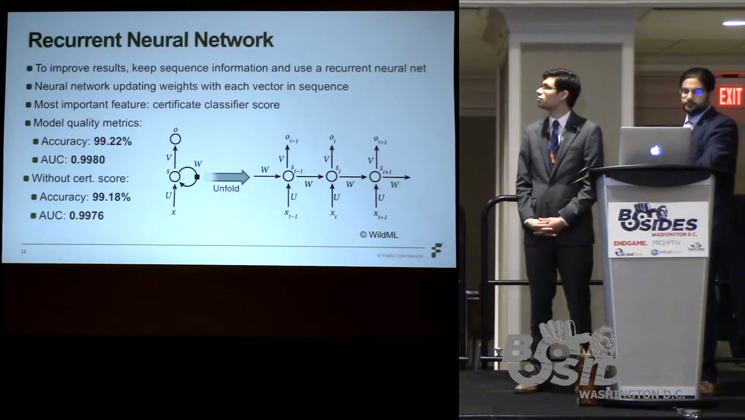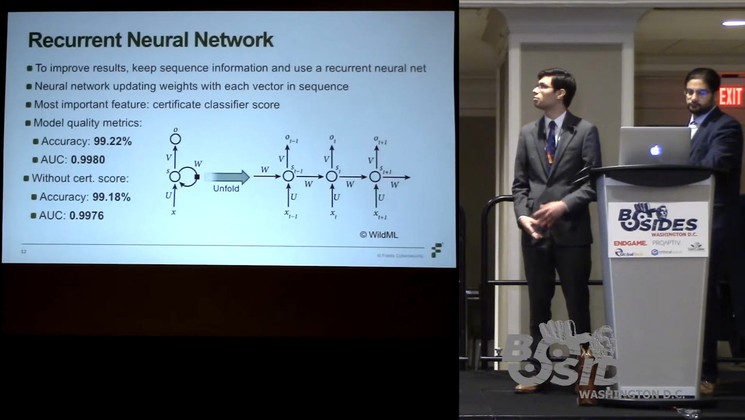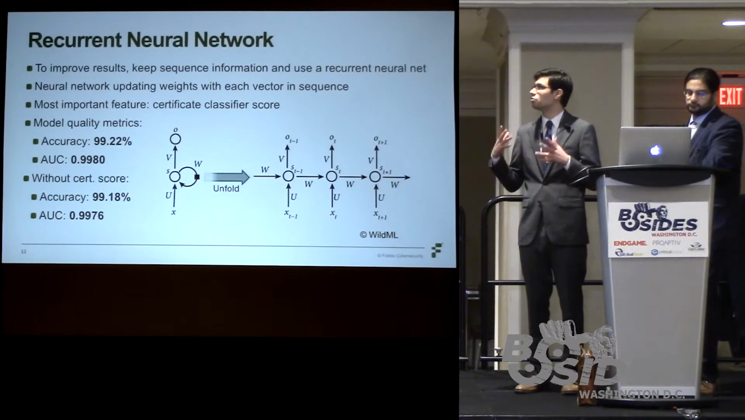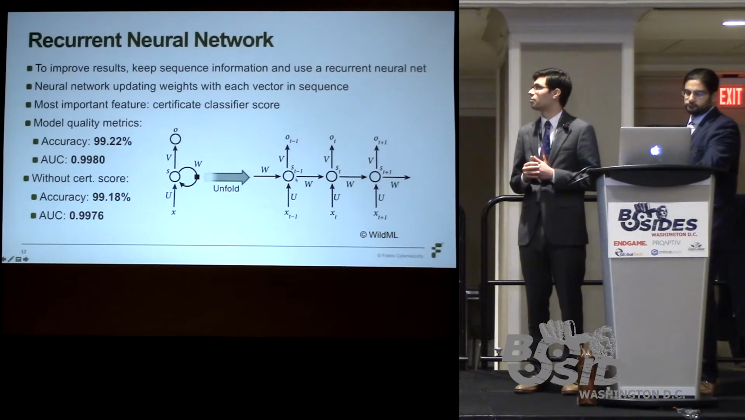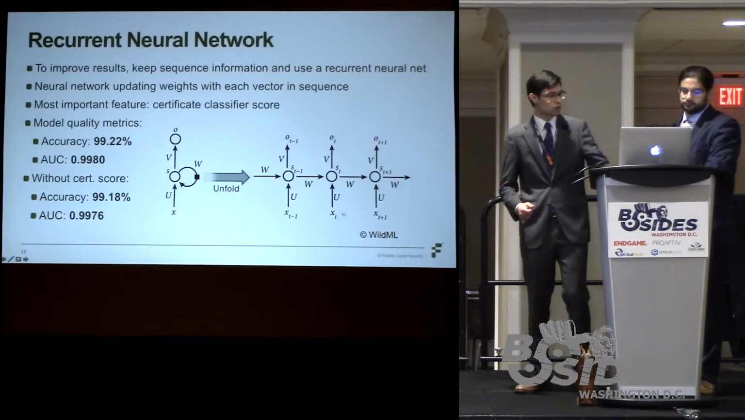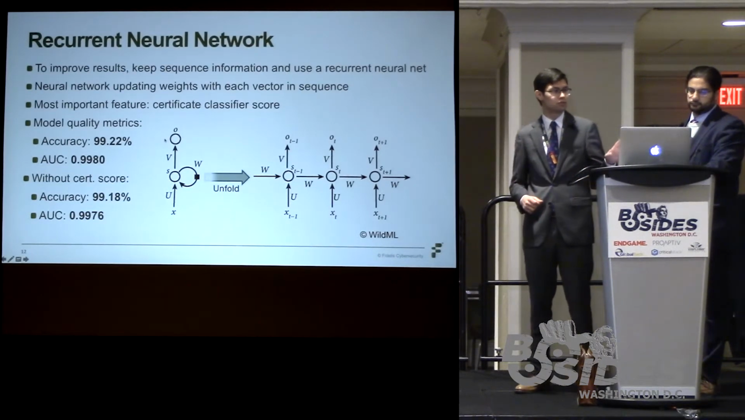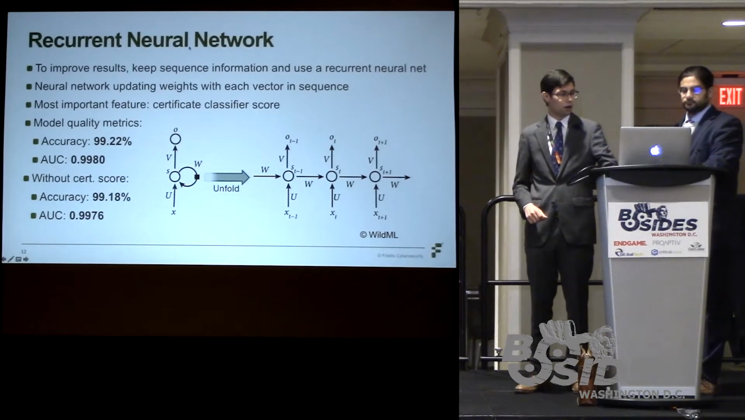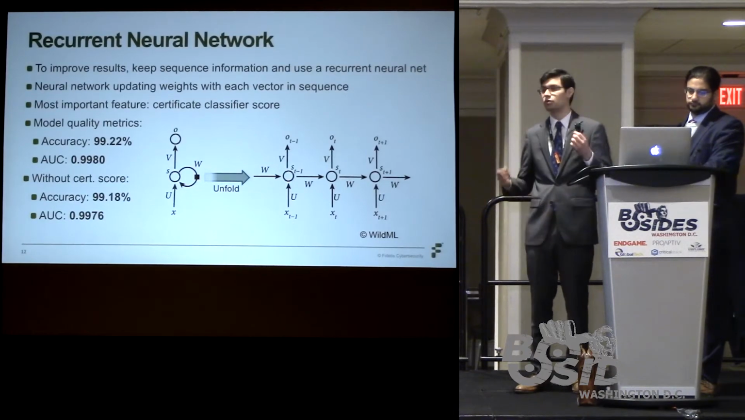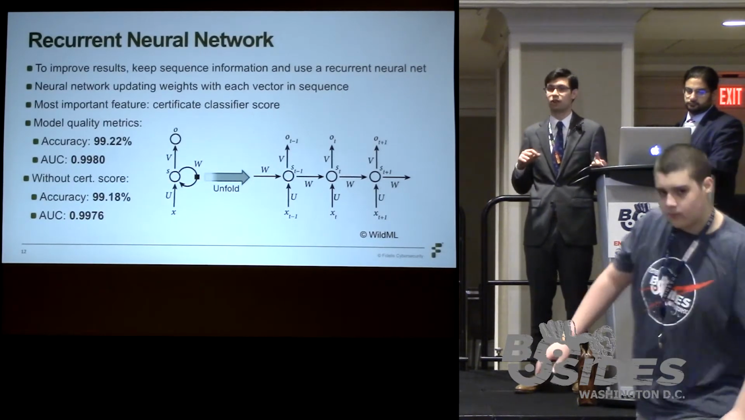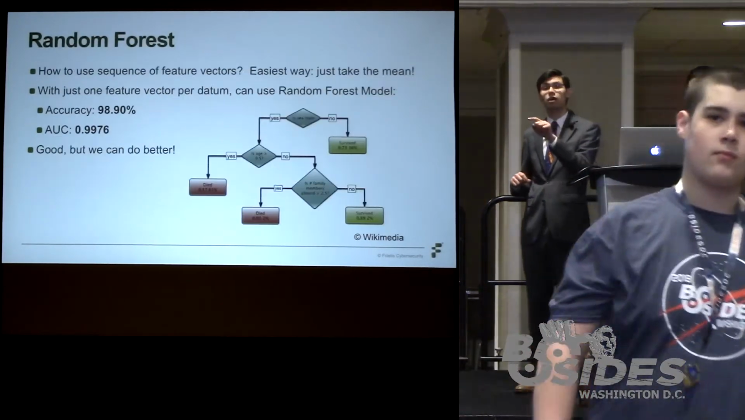So it turns out that the most important feature when we use a recurrent neural network ends up being the certificate classifier score. When we train the random forest, we use the certificate classifier score, and it had an AUC of 0.9976. And then when we train the recurrent neural network without the cert classifier score, the accuracy went up, but